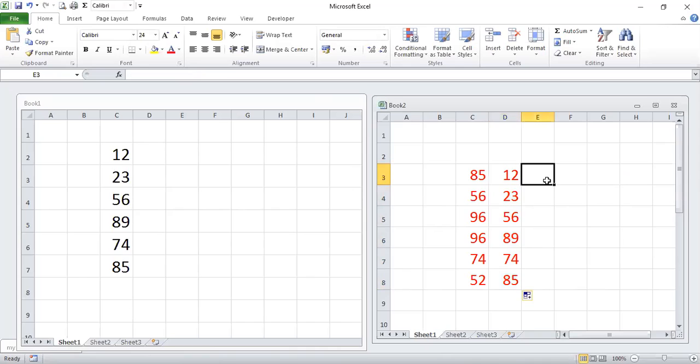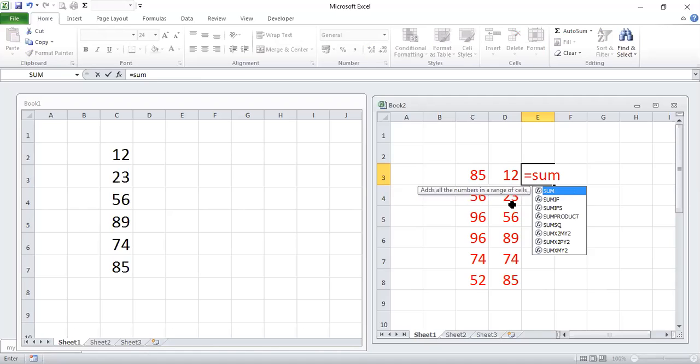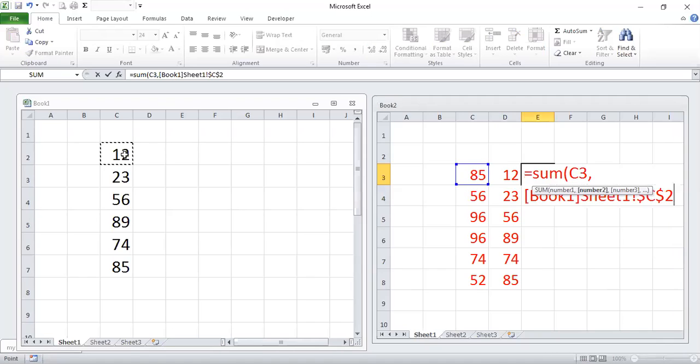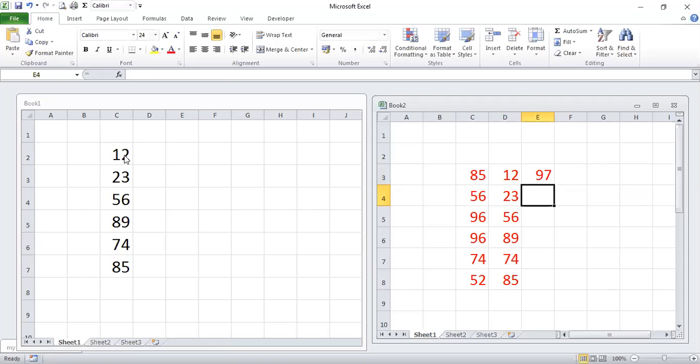Similarly, we can use functions also, like if we want the sum of these two. One way is you import all the values here directly with that formula, and then you can put the sum. The other way is you simply write sum, put a bracket, first cell, comma, then click on this cell, close the bracket and press enter.